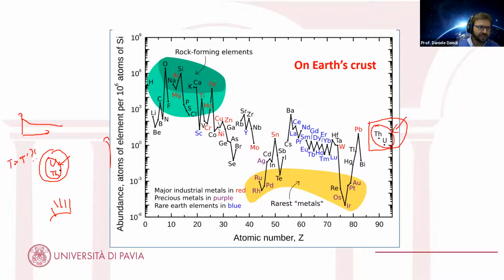For example, on Mars, you haven't the presence of so much concentration of uranium thorium. Also because if you imagine, you have the sun here, Venus, Earth, Mars. Heavy elements tend to stay in the inner part, because since they are heavier, they are more attracted by the sun. Okay, in any case, now I forget about uranium thorium because they are not directly useful